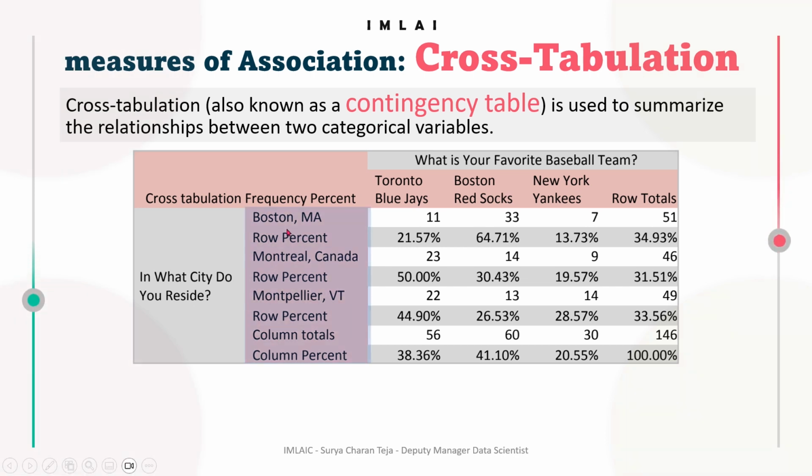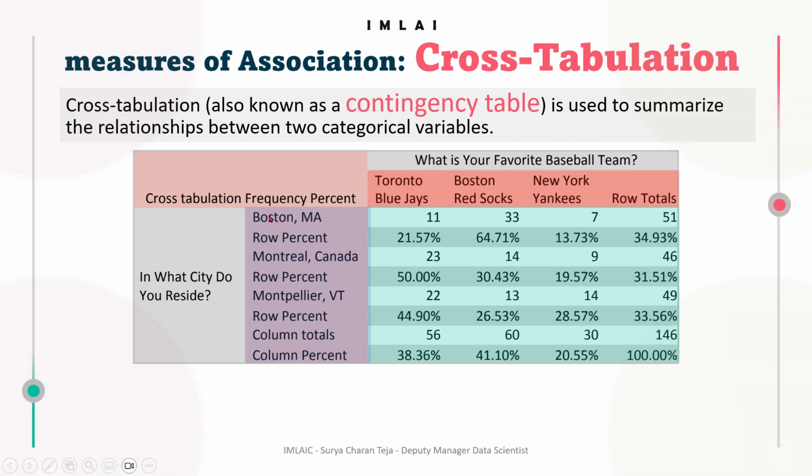These rows are called stubs. And these column headers are called banners. So row variables are stubs, and column variables are banners. And here, this is where you measure the frequency of the combination,